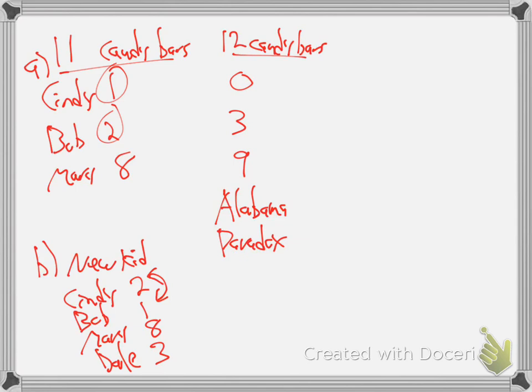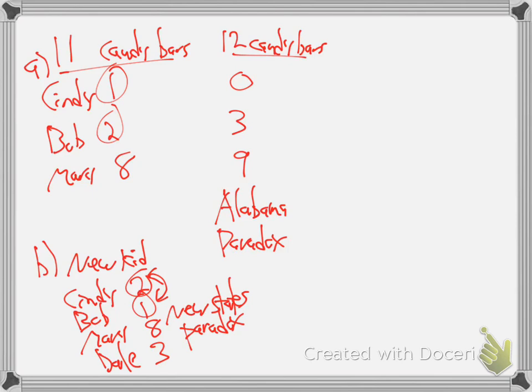Bob would be like, what? Why would we trade just because you got a new kid and you bought the candy bars for that new kid? You said the new kid gets 3, you bought 3, you gave them to the new kid. Why are we trading? Well, Hamilton's method can do that. When you bring in a new kid, new state, that can happen. That's called the new states paradox. You bring in a new kid, it can actually cause a shift among 2 of the old ones.